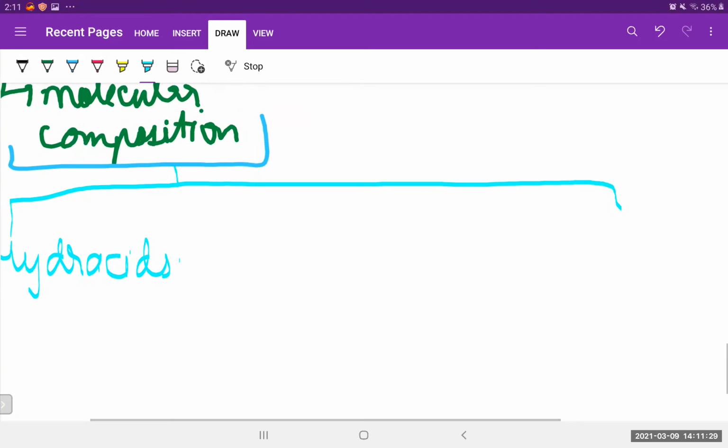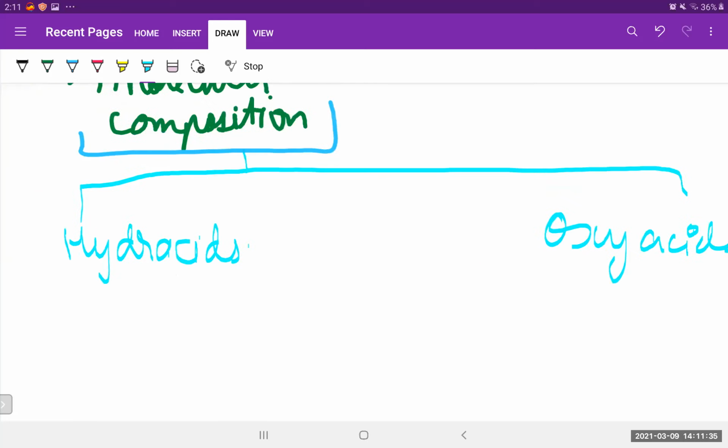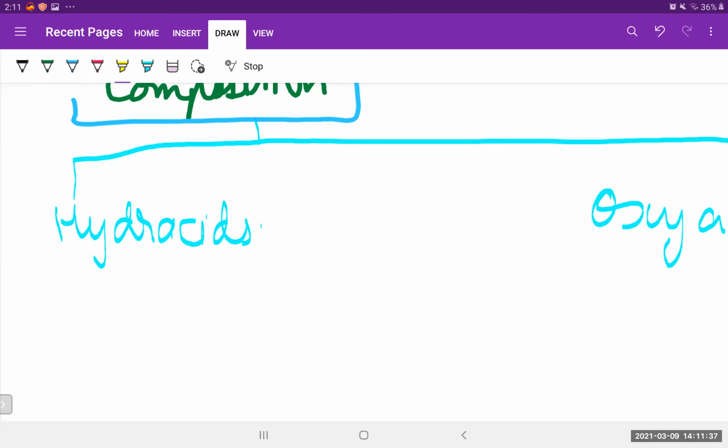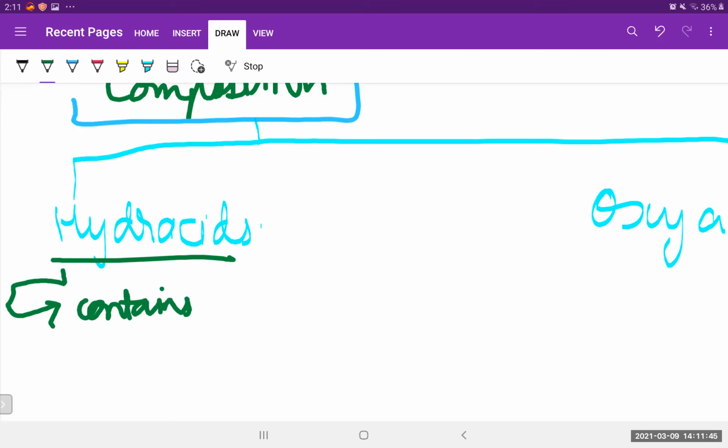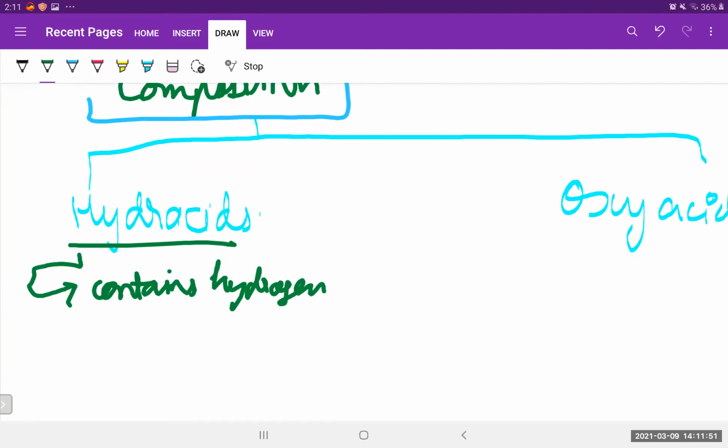And those having oxygen are known as oxyacids. You can relate from the name only. Hydra means it's having hydrogen. So this contains hydrogen and non-metallic